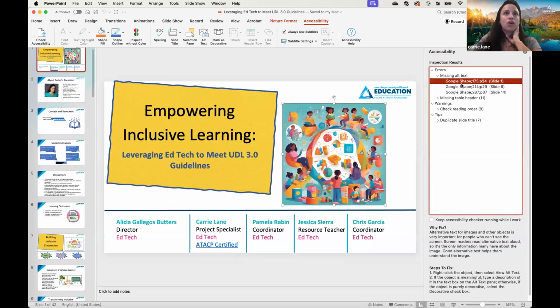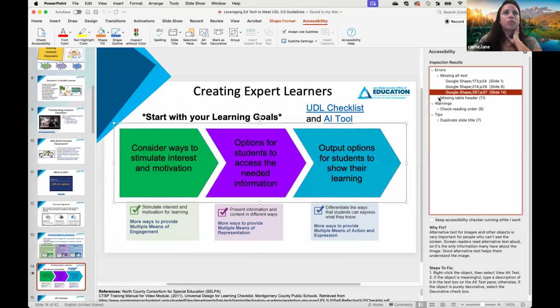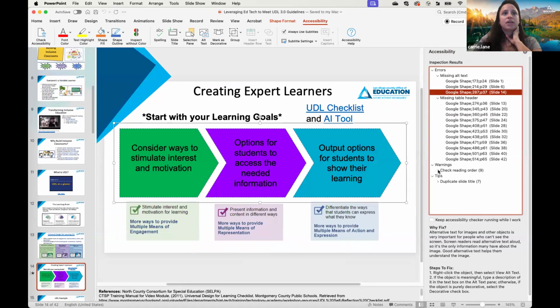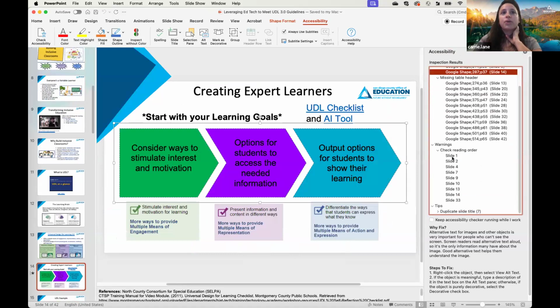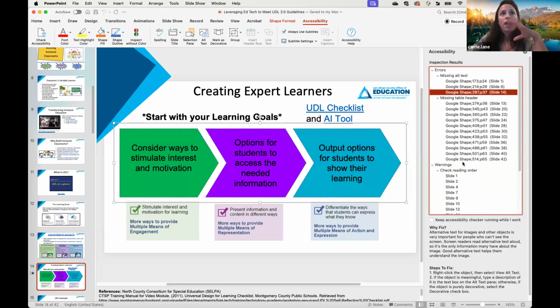For example, I have missing alternative text, and it will point out which things are missing. It will tell me if I'm missing table headers. It'll tell me to check the reading order, so I can make sure that if a screen reader is reading it, it would read it correctly. It will recognize things like duplicate slide titles. It recognizes contrast. You can inspect it without colors so that it doesn't look at the contrast. But overall, this is a really helpful way to use its monitoring to help you make your content more accessible.